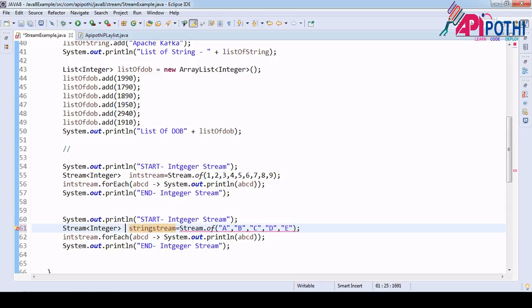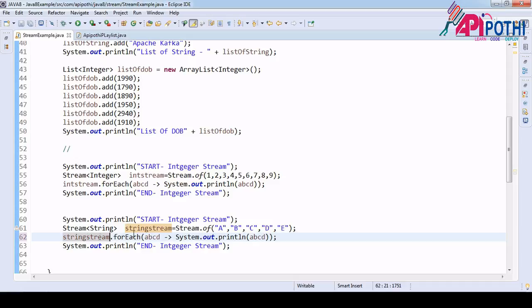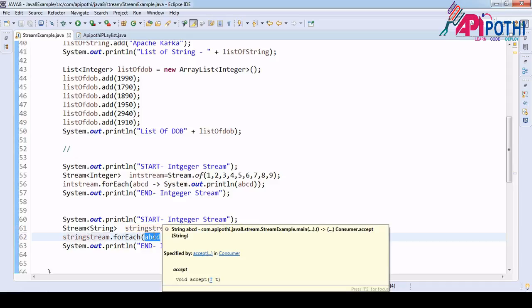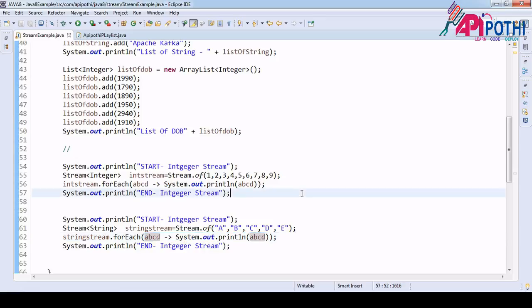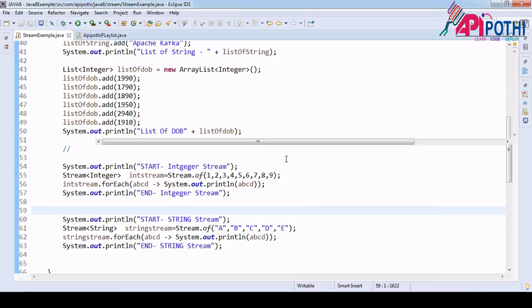String, and this is the type I want to create as a string type. Okay, now the same I also want to print here, and this now is the stream. Now this object I need to pass inside the stream here. Okay, that's all. As I told you, this a, b, c, d is scoped within this bracket only, so we need not change it. Okay, so start string, and here it goes end. Right click, run as Java application.